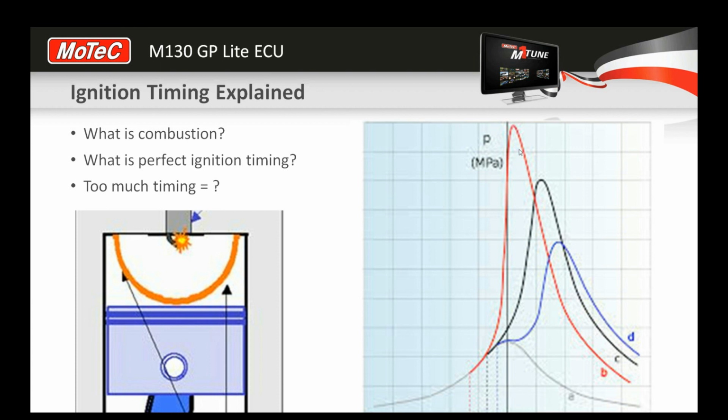The key thing here is if we go too far, you can see if I keep lighting the fuel earlier, the cylinder pressure will rise earlier, and we'll get to a situation where the pressure is building up against the piston, still rising in the bore. That gives us a negative effect and we start to lose power. So the general statement that we add timing and get more power is actually incorrect, because if we were at this point here and I added 5 degrees of timing to this engine, then it